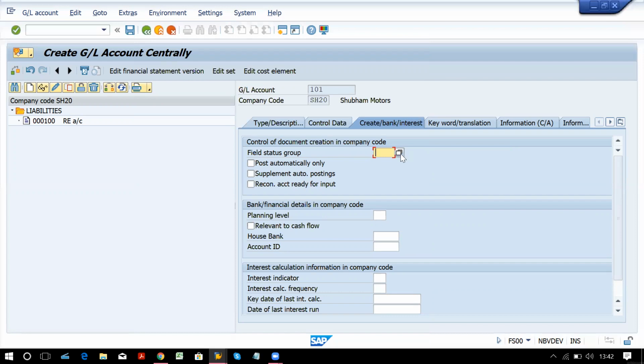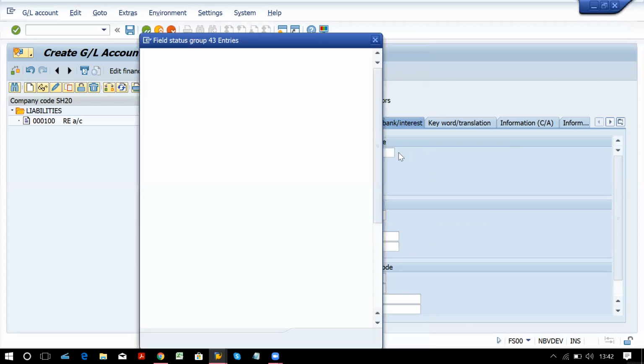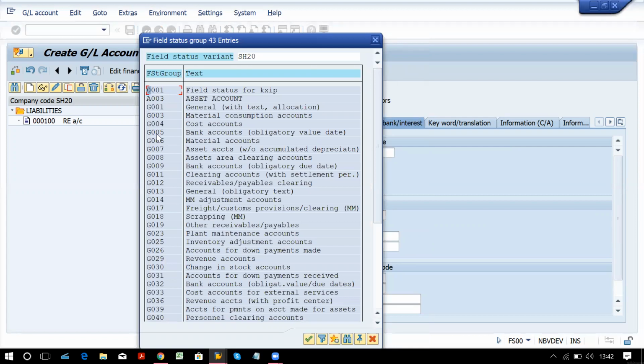Now, if you just click here on this icon or press F4, all the values will get displayed. So these groups you can see here. Generally we assign G001 for all accounts. For bank account we have G005 and G009, anyone you can use.